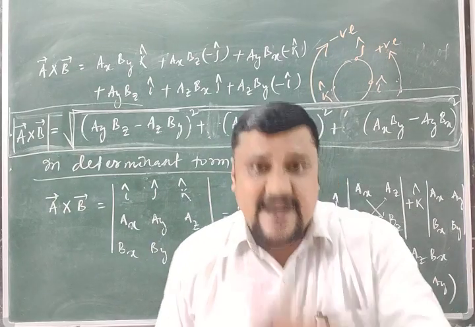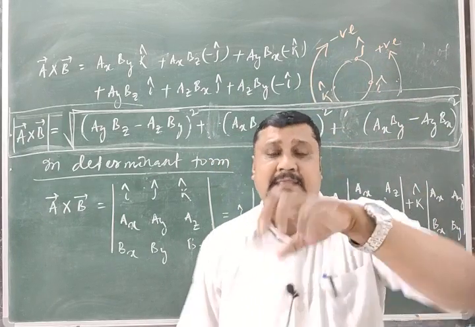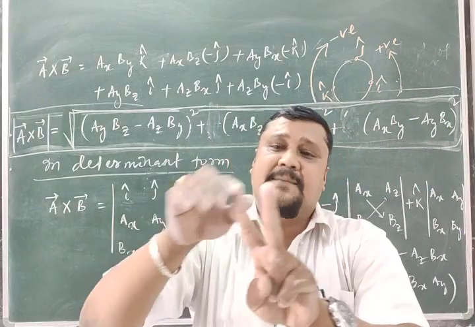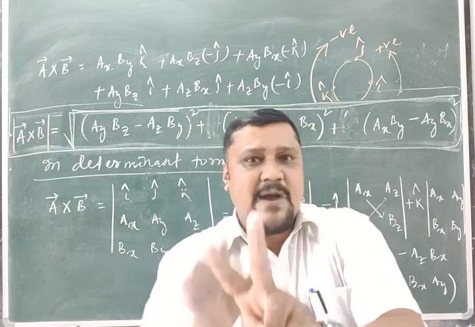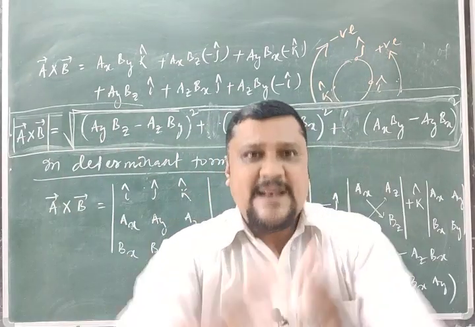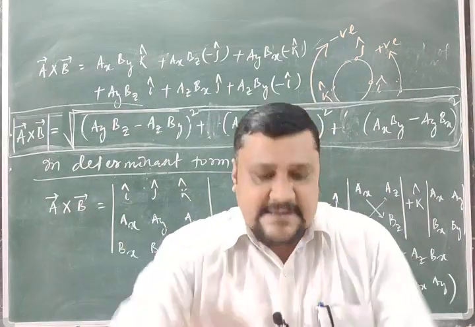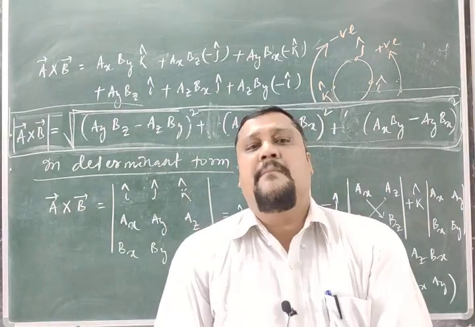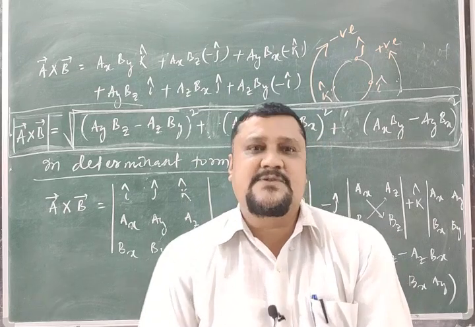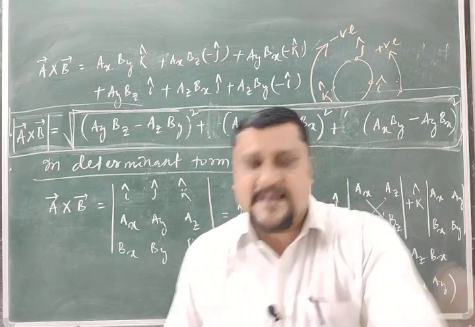the cross product of two vectors gives you a vector. A vector has two things: the magnitude and the direction. But when we do a dot b, it is a scalar, so only magnitude. If many things are coming, it is very difficult to watch, and if there are only a minimum number of things, it is easy. So it is easier for us to deal with scalars than vectors.